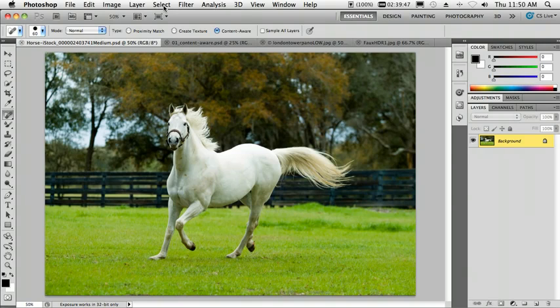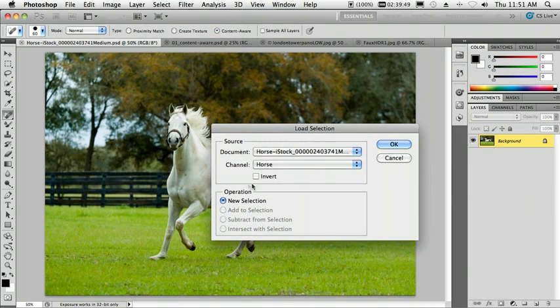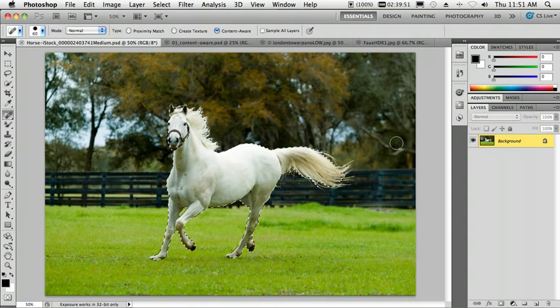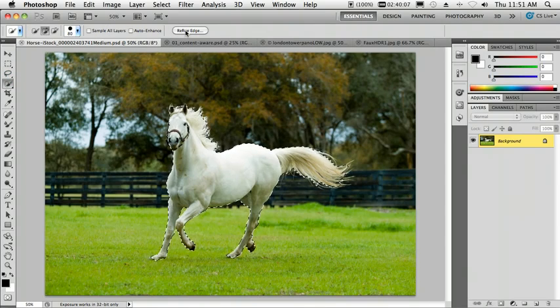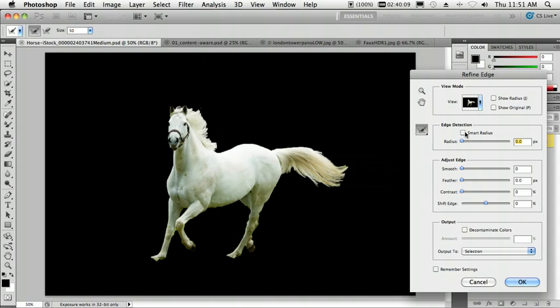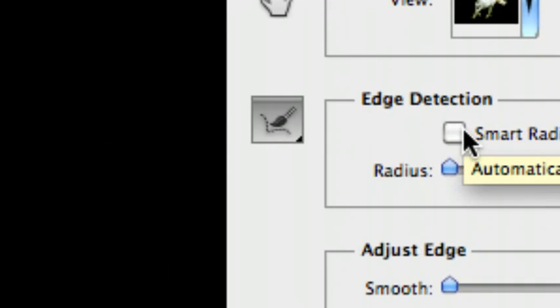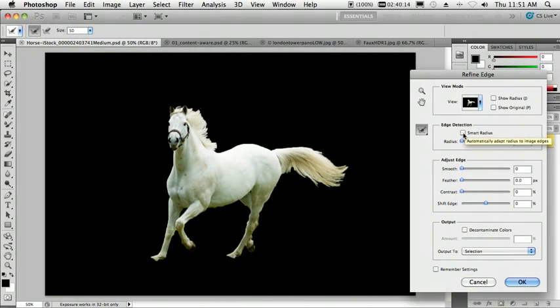So the first favorite thing I have is I'm just going to go ahead and use the quick selection tool that I've saved before. We'll just grab a quick selection of the horse. Now I'm missing part of the tail, missing part of the mane, and even if I weren't missing those things, the quick select tool was never designed for both hard and soft edges. However, using the new Refine Edge command, I can now go in and turn on the brand new edge detection algorithms inside of this feature that will do a better job of detecting the edges and going out further, but